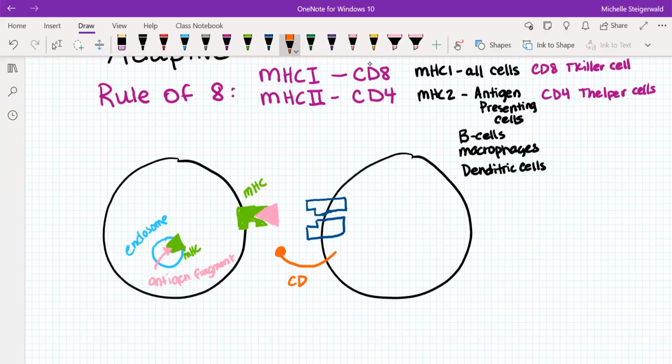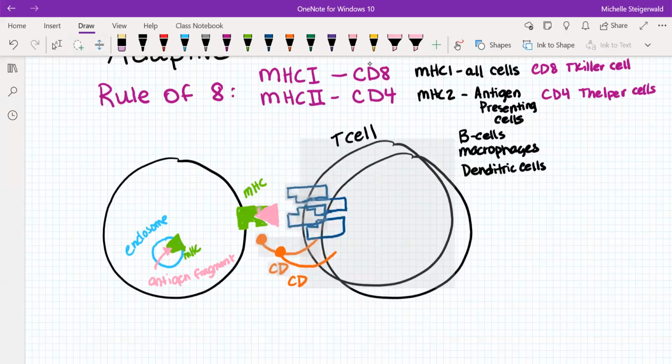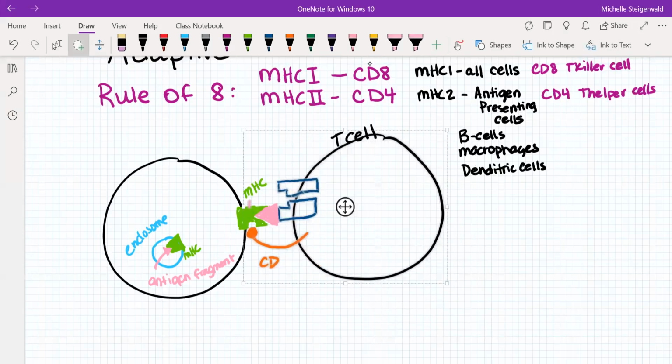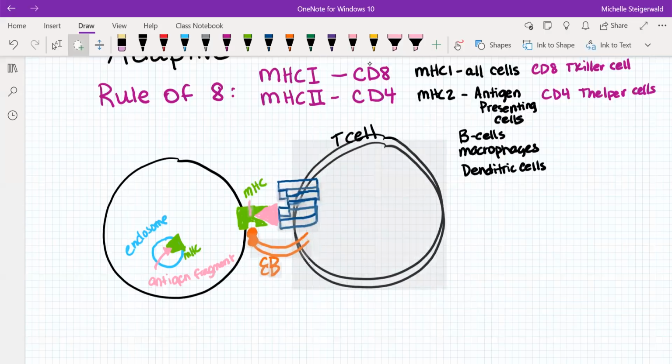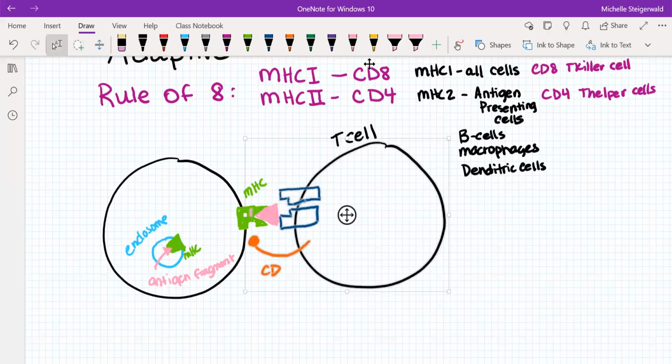They're transmembrane proteins. These are always going to be on a T cell. So I'm just going to go ahead and label this a T cell. And those CD proteins will come in and they'll check out the MHC receptor. If it so happens that it's a match, if it's a CD4 to an MHC2, oh, that didn't line up quite right. Here we go. Or if it's a CD8 and MHC1 and this CD protein can bind in here, that will